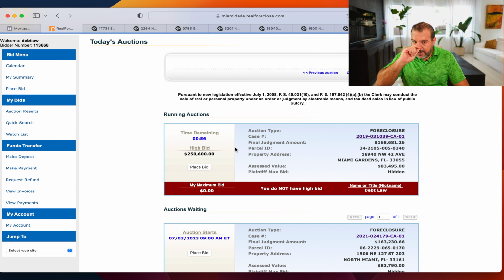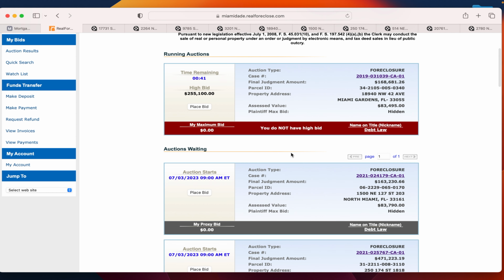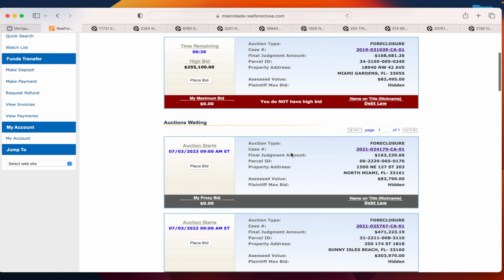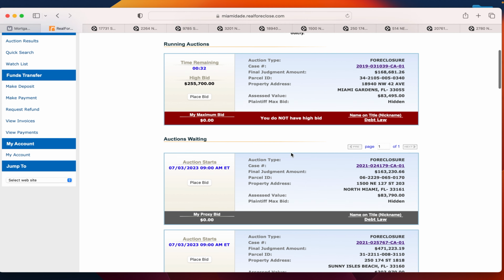These next two properties, this one and the one that comes right after, are interesting because they're both reverse mortgages. How do I know that? Because I did my research and I researched who the plaintiffs were. It's not hidden information, it's not secret information, but you're gonna have to